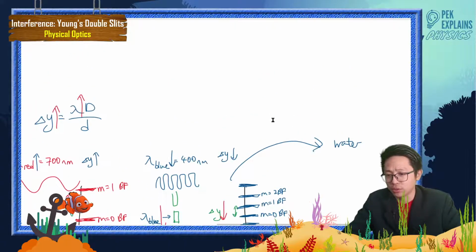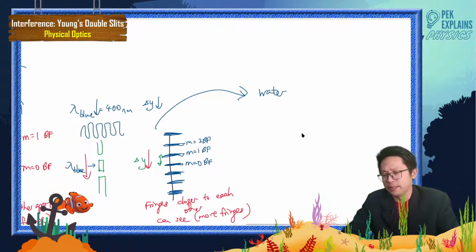We know that if we put it in the water, it also affects the wavelength. We know that v equals f lambda, isn't it? V equals f lambda. When we put it into the water,